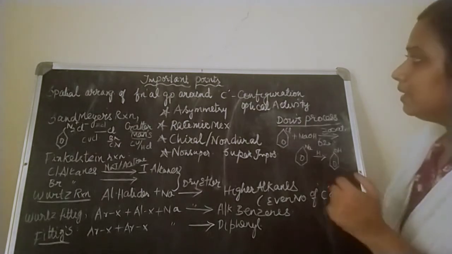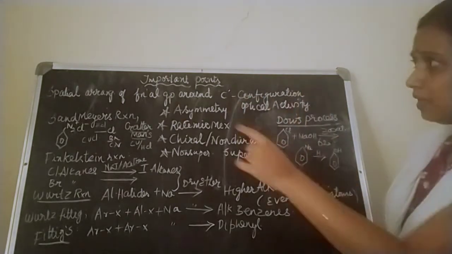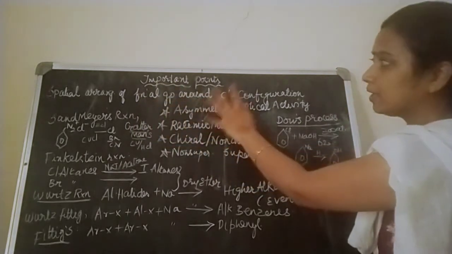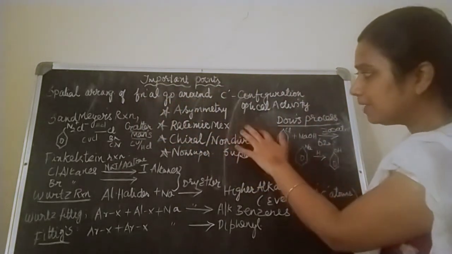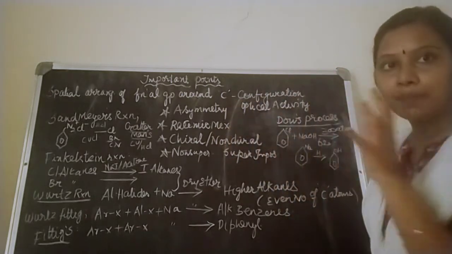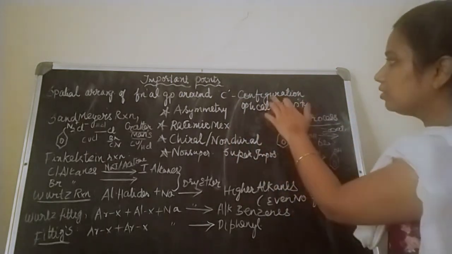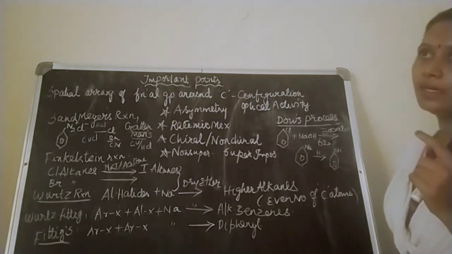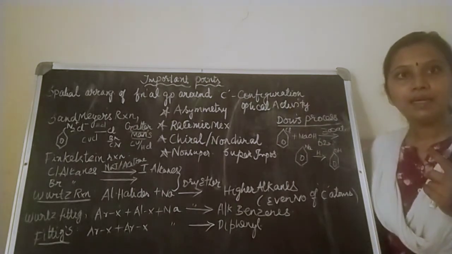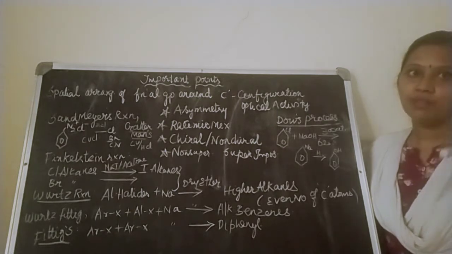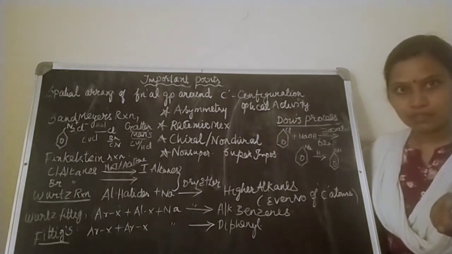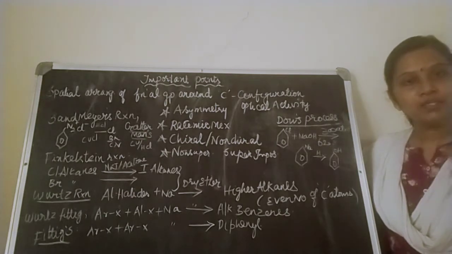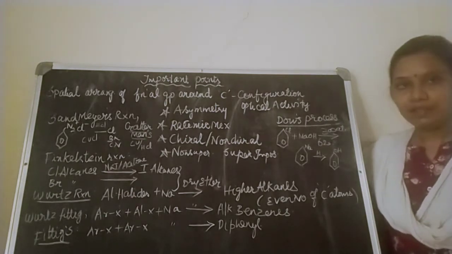Okay. Then what is configuration? Configuration is nothing but the spatial arrangement of functional groups around a carbon. I have a carbon atom. How many functional groups are present around the carbon atom? That is called an optical configuration. I think you remember what I told under configuration. I was telling about retention of configuration, when the reactant and the product configuration are the same. Then I told about inversion of configuration, where the product and the reactant vary in their configuration.